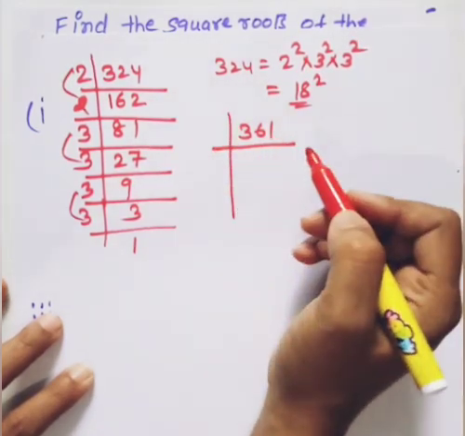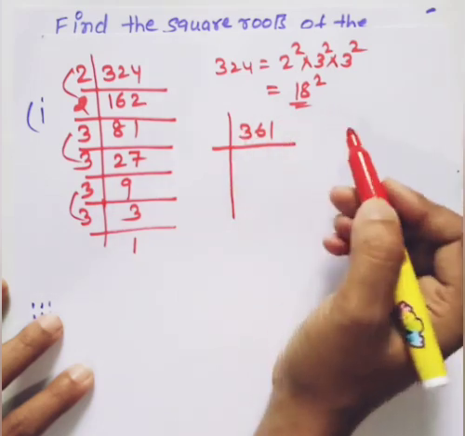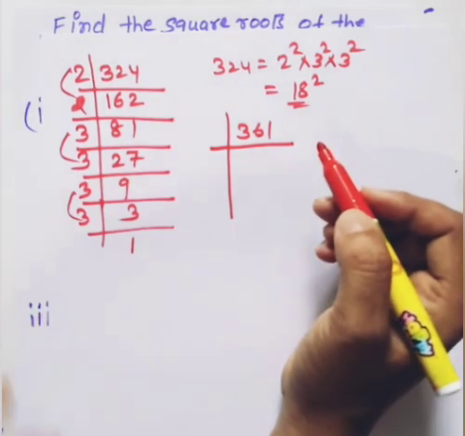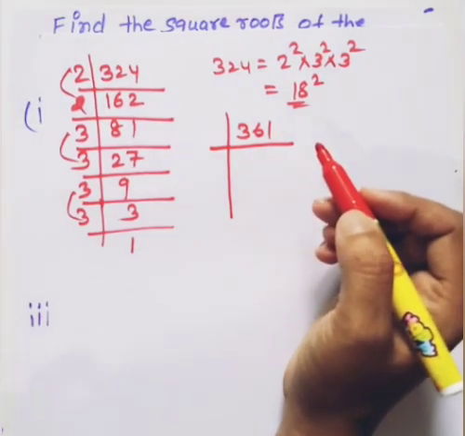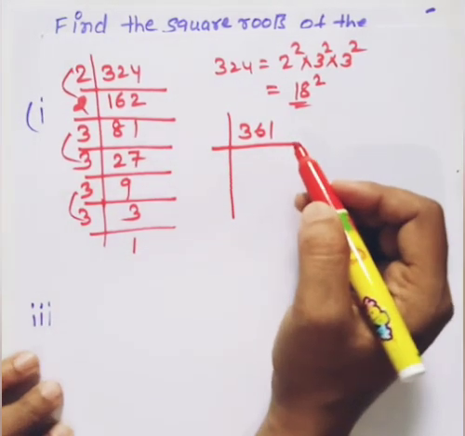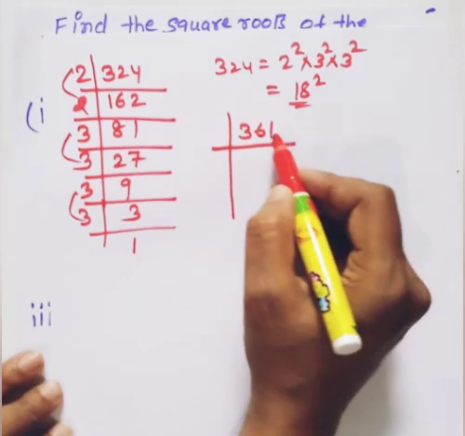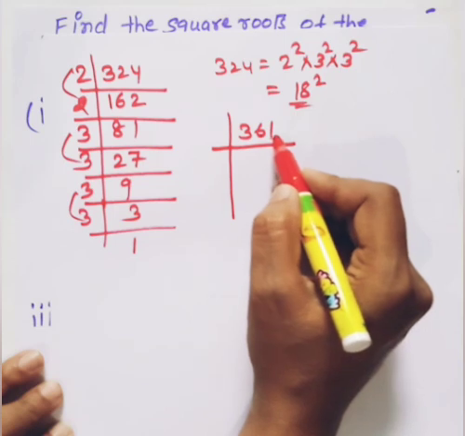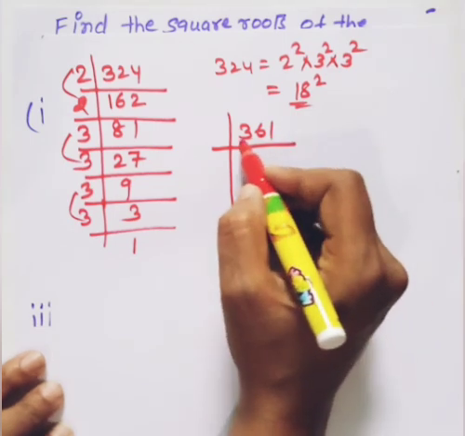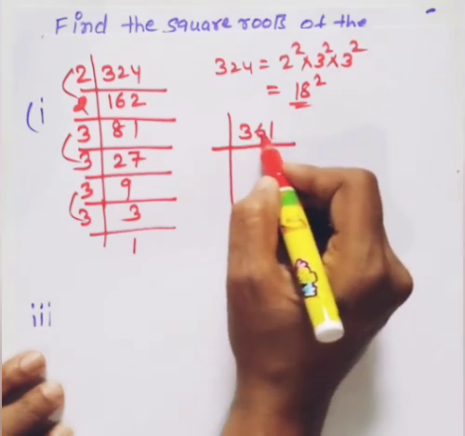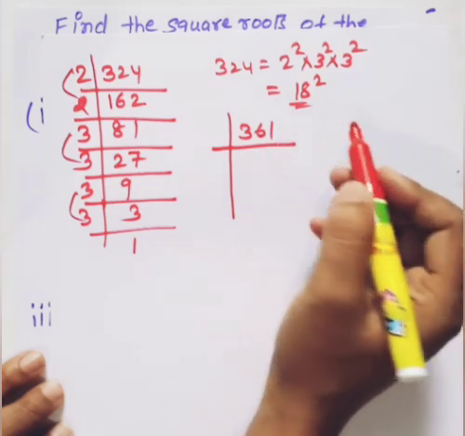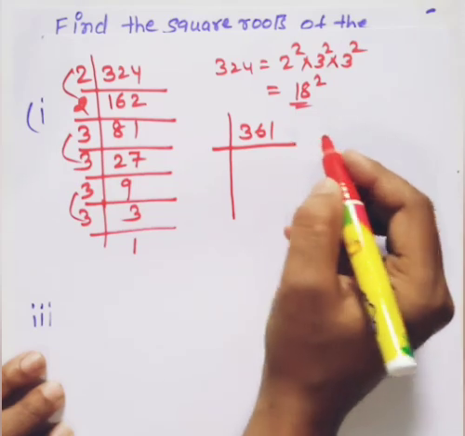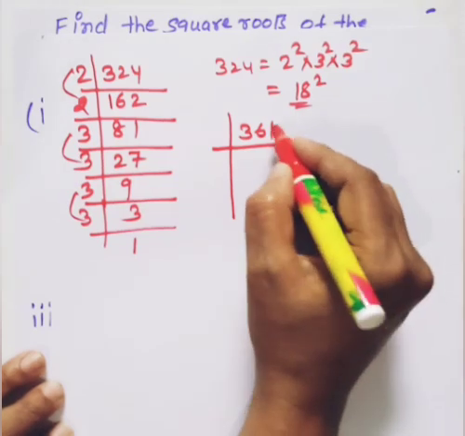This is an odd number, so you cannot divide it by 2. Next, see, 6 plus 1 is 7, 7 plus 3 is 10. So this is not divisible by 3. It is not going with the divisibility test of 3. It will not go with 5 either, because the units place is neither 0 nor 5. So see, with 7, 7 5s are 35 and 11 is left, so it is not going through 7. So leave this method and think what can be the square root of this number.